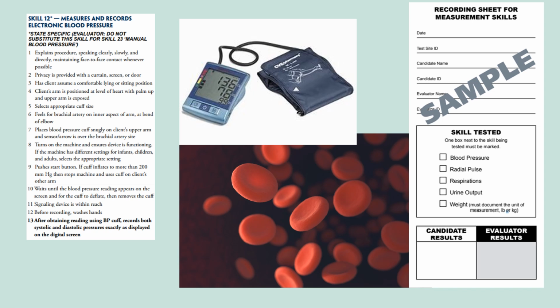If the candidate performs the skill incorrectly, for example, with the cuff upside down, the evaluator will wait until the candidate writes down their measurement and states skill complete, and then the evaluator will stop the timer and take the BP using the same device but correctly. The RN evaluator is required to document the correct BP. The evaluator must document why they need to take the BP again and compare it to the candidate's reading to determine whether the candidate gets a yes or no on the final bolded step.